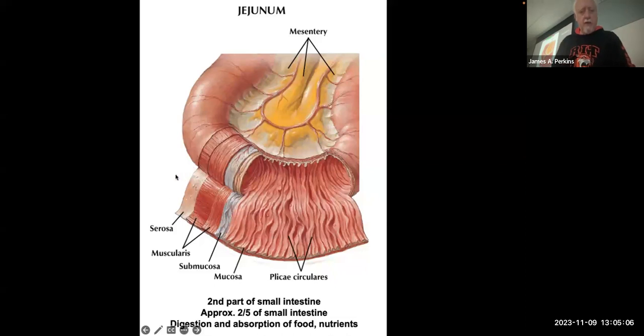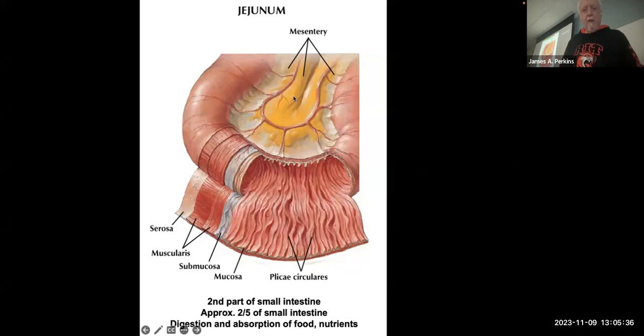And then the outermost layer of tissue in the wall of the jejunum, and really the whole small intestine, is called the serosa. This is actually continuous with the mesentery. The serosa is really the visceral peritoneum. It's the layer of peritoneum that's lining the surface of the organ. And then that visceral peritoneum that's covering the organ is continuous with the two layers of peritoneum that make up the